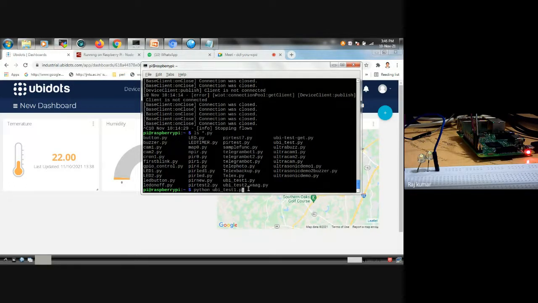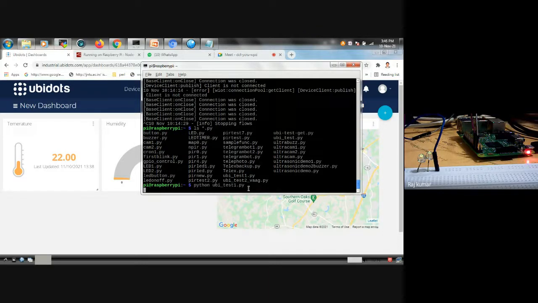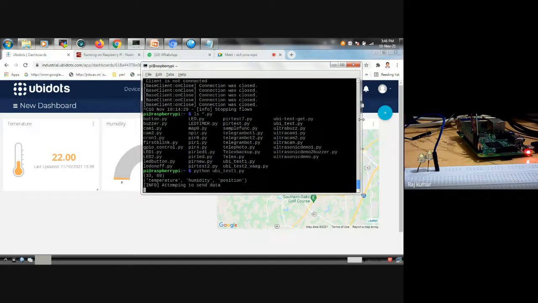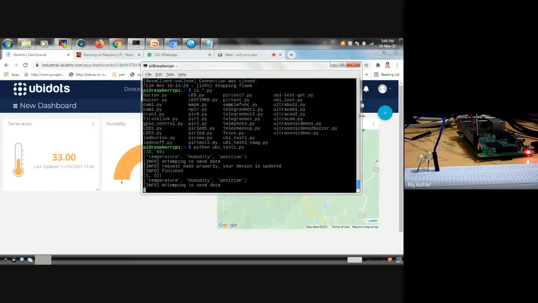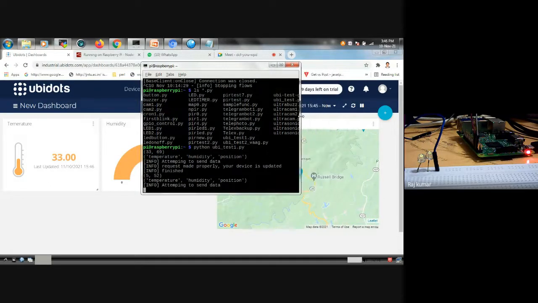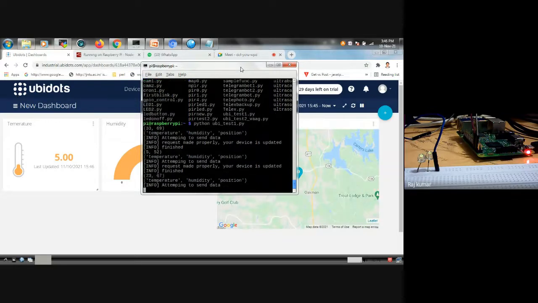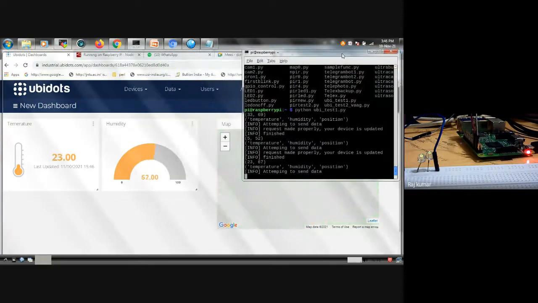Test1.py. Yes, you can see the values are also changing in my dashboard.